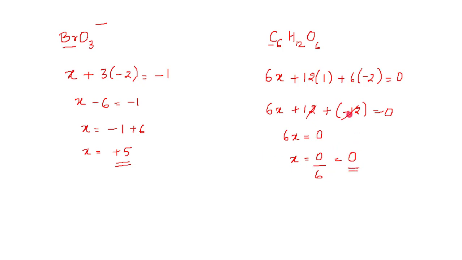Meaning here, the oxidation number can be 0, can be positive, can be negative, or sometimes you will get a fraction also. When you are calculating by this method, you will get oxidation numbers as 0, negative, positive, or even fractions, right? Because here what is happening is you are getting the average value of the oxidation number. 6 atoms are having charge equal to 0, so each atom is also having charge equal to 0. Okay,